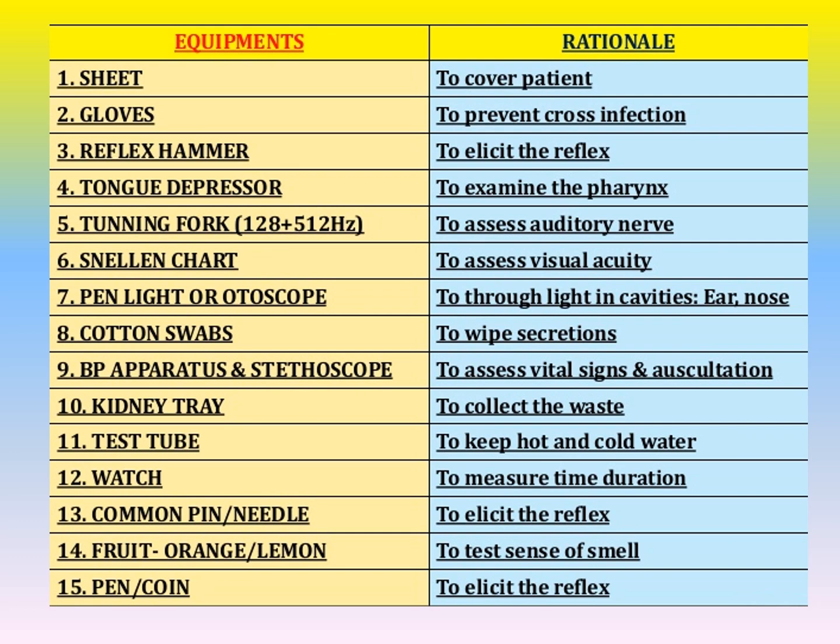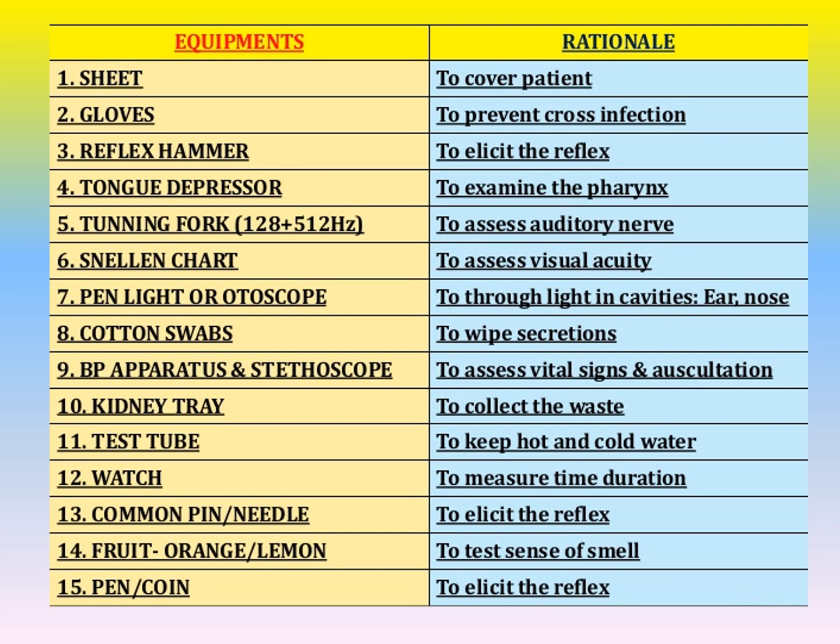What are the equipments needed for neurological examination? First one, a sheet to cover the patient, and gloves to prevent cross-infection, and the reflex hammer to elicit the reflex, and the tongue depressor to examine the pharynx, and the tuning fork to assess the auditory nerve, and the Snellen chart to assess the visual acuity, and the penlight or otoscope to throw light in cavities, mainly to visualize the ear and nose, and cotton swab to wipe secretions, and even BP apparatus and stethoscope to assess the vital